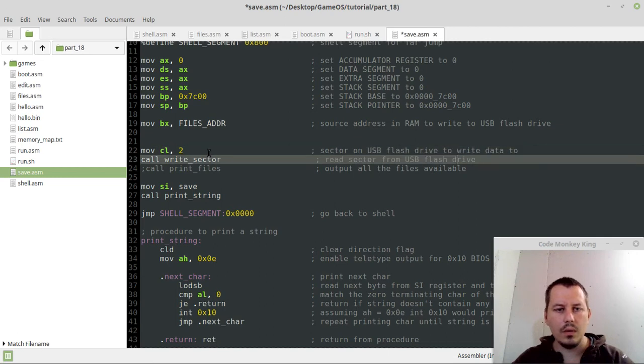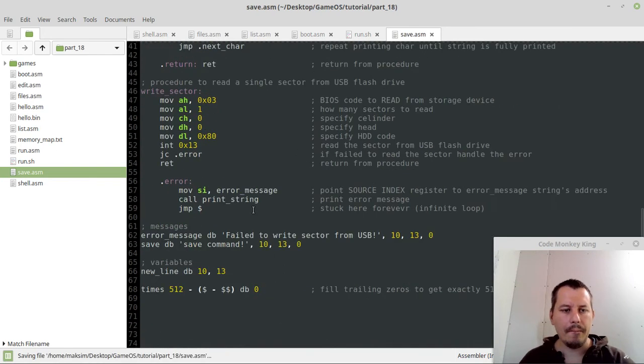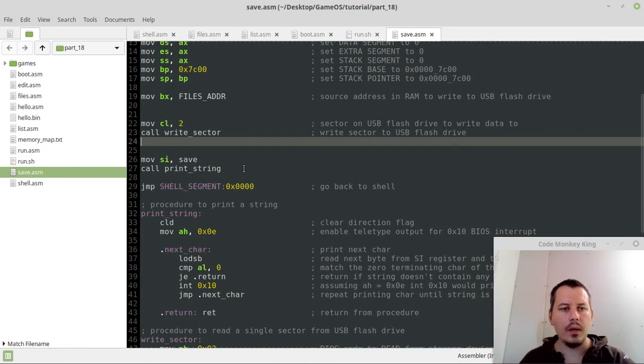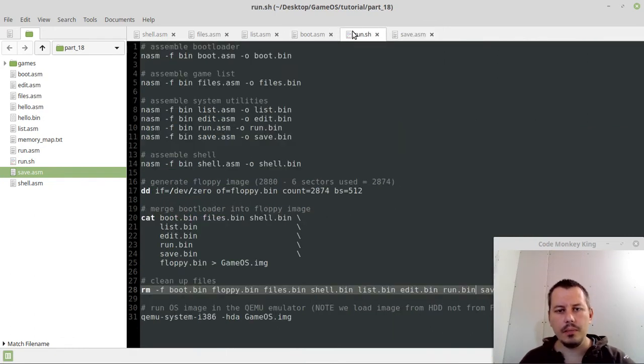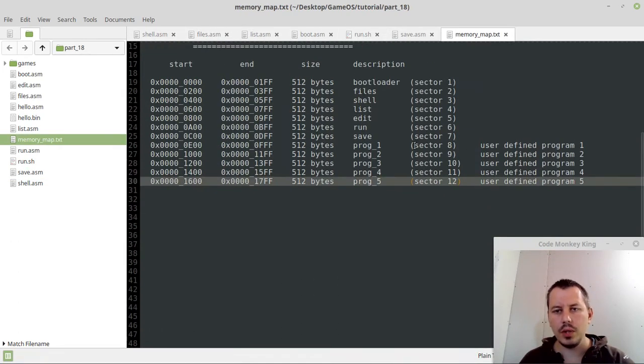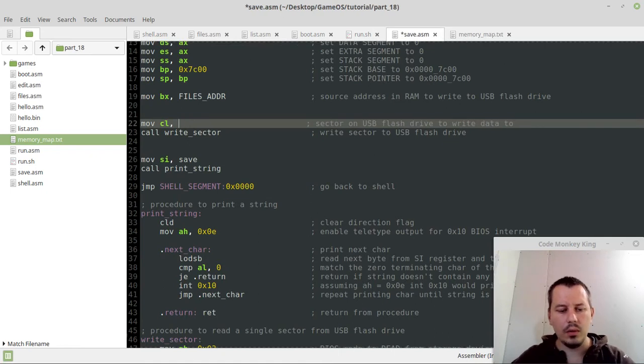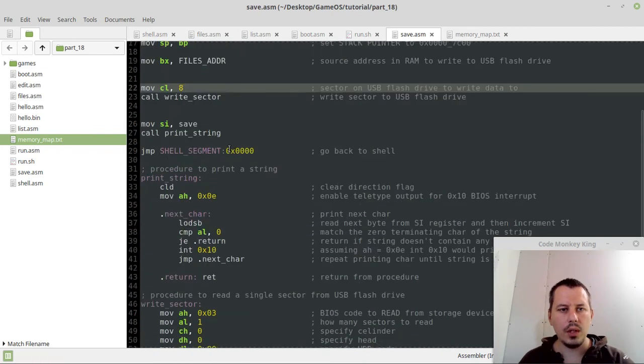Okay, write sector. Okay, print false. What the heck is print false? We don't have it here. Okay, well, yeah, let's start with the proof of concept then. So memory map, so let's try to write to sector 8. So let's start by hard coding this value. So sector 8, if I type save,